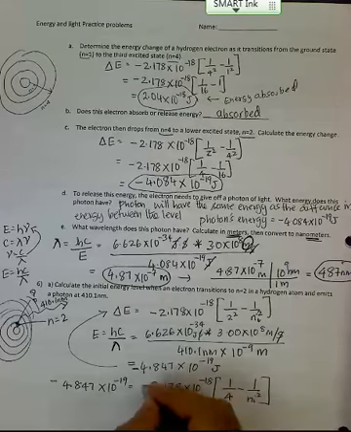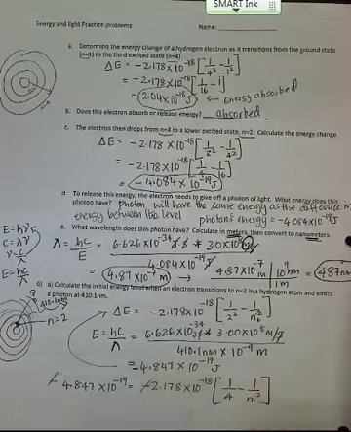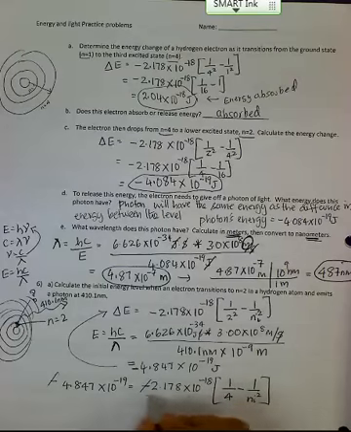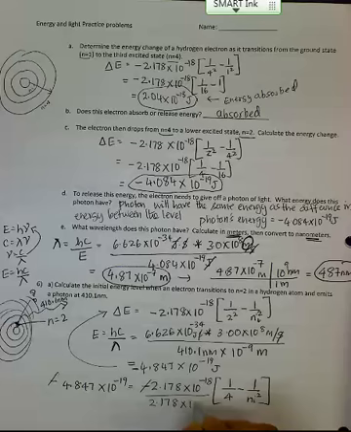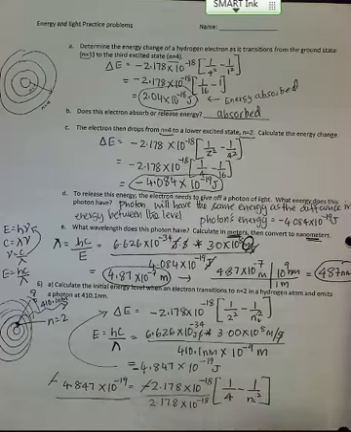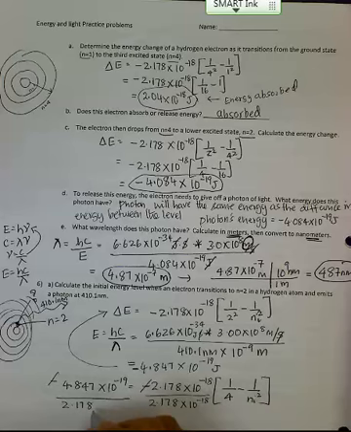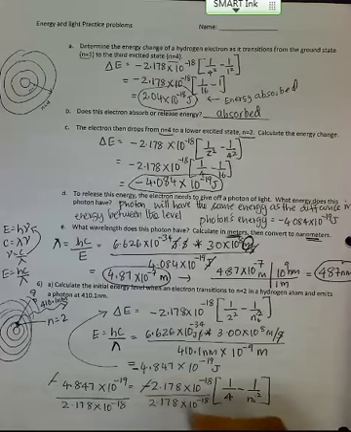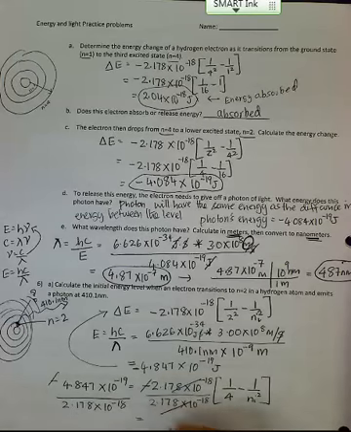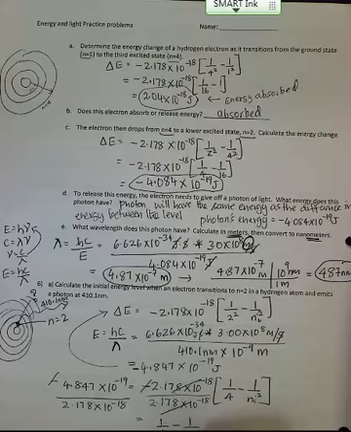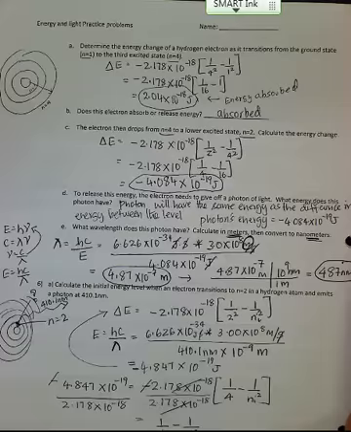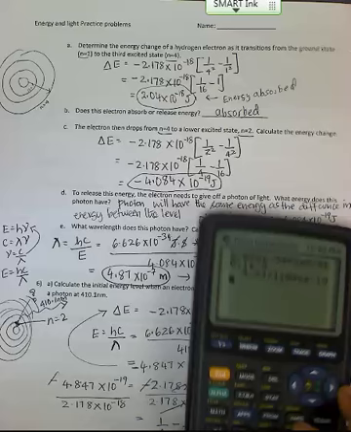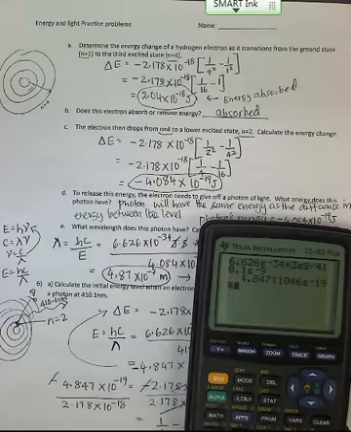Now there is a negative sign on both sides, so we can get rid of the negative sign. And now solving, I'm going to get rid of this number before the equation, and I'm going to divide both sides by 2.178 times 10 to the negative 18. And so if I cancel, I get 1 by 4 minus 1 by Ni squared equals, solving the left hand side of the equation, I get